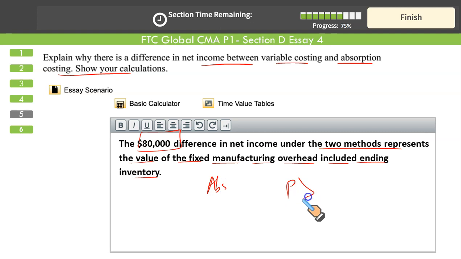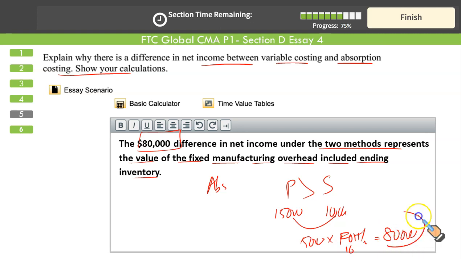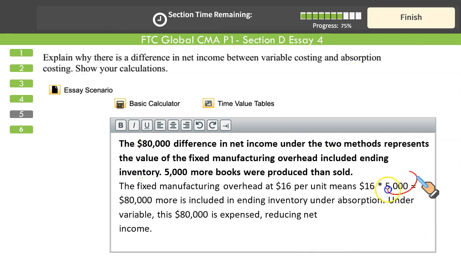Since we have produced more than we could sell, our production was 15,000, sale was 10,000. The difference between these two was 5,000 multiplied by fixed overhead per unit, that was 16, gives you $80,000. This is the figure that has been included in the part of inventory, which is fixed cost. Resultantly, your profit has been manipulated by $80,000. We discussed this earlier, and this much text should be sufficient to convince, or if you want to go the working can be given this way, 5,000 multiplied by 16, thereby justifying this 80,000 number, right?